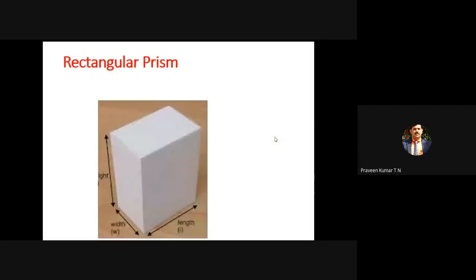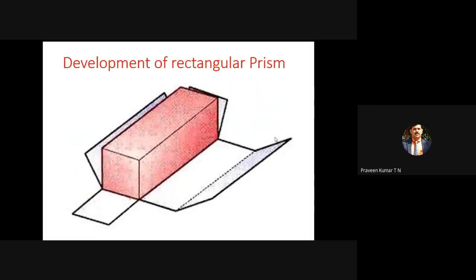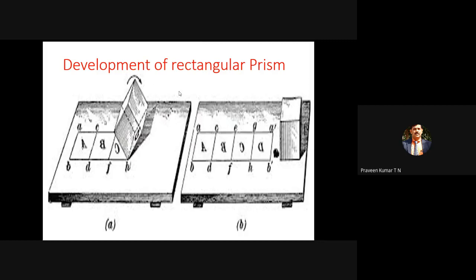Before that, this is a rectangular prism. This is again a rectangular prism. Same diagram I showed here for the rectangular. So this front face is a rectangle and the back side face is again a rectangle. You can see here, originally we have the square. So we cut at one particular edge. Then if you open, imagine we have a bed. It is totally closed, so it is like a cylinder initially. Once it is open, it will become rectangular.